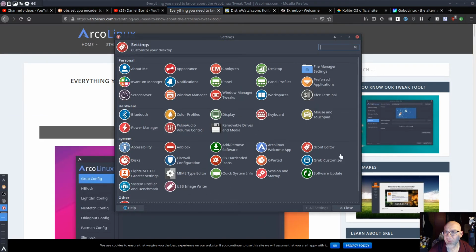But obviously you've got all your settings in here. A lot of different stuff. Oh, Grub Customizer. So they have it kind of embedded, right? The Grub Customizer is pretty cool. This is where you can tweak all your settings, right? You can do a lot of things. I like the fact that it's got a built-in Grub Customizer.